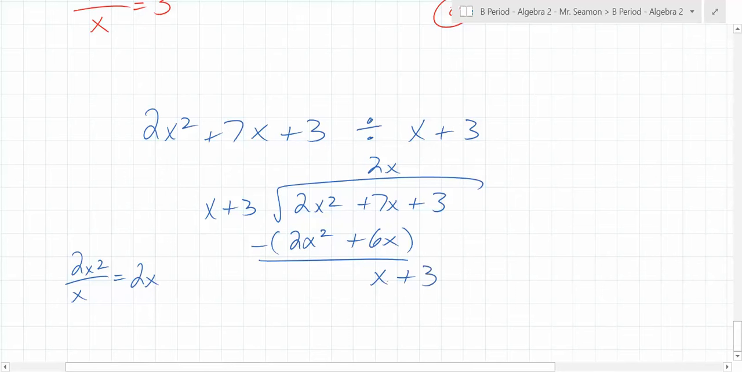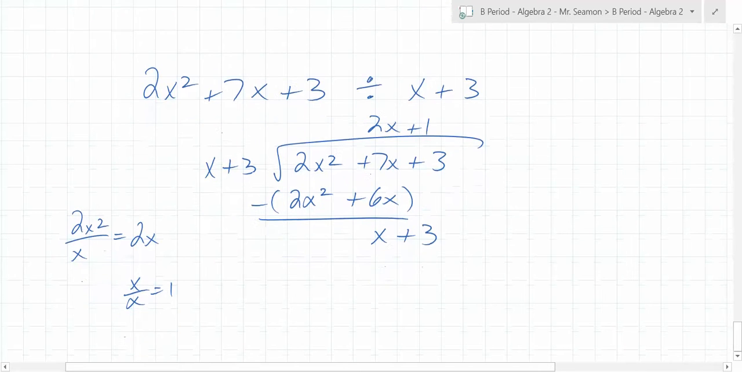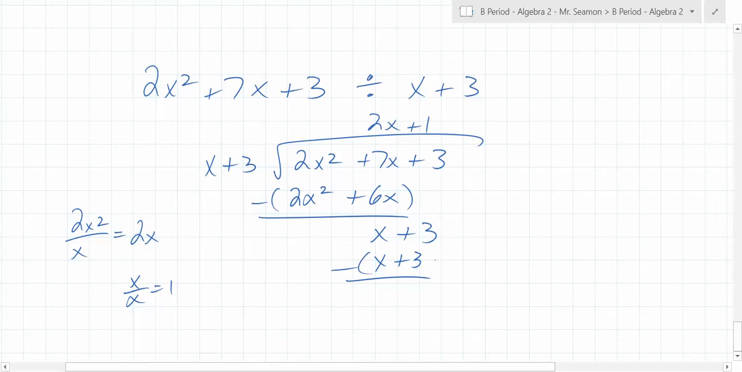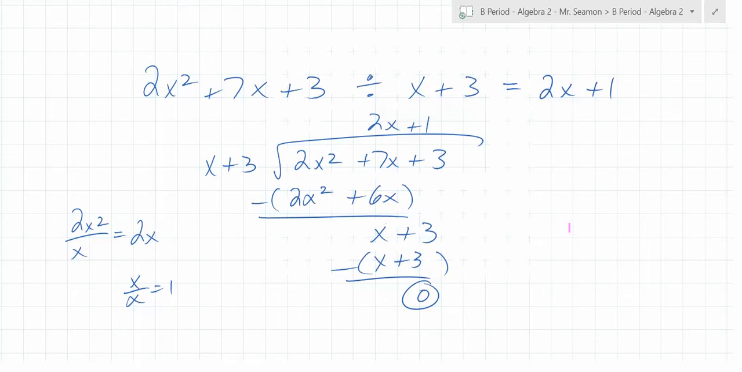You bring it down. X over x equals 1. You end up with 1. Hold on. X. And it subtracts, and you get what? Is that a good thing? So what does this equal? Good job. We got the plus 1 at the end because the leading term here was, what was the